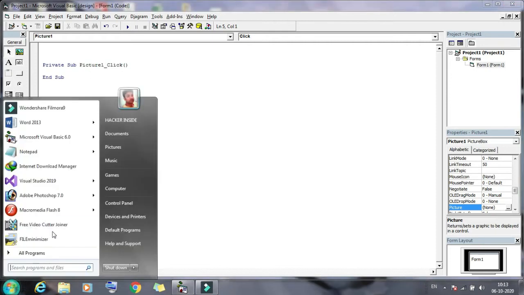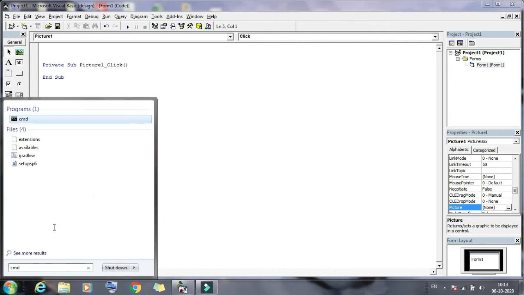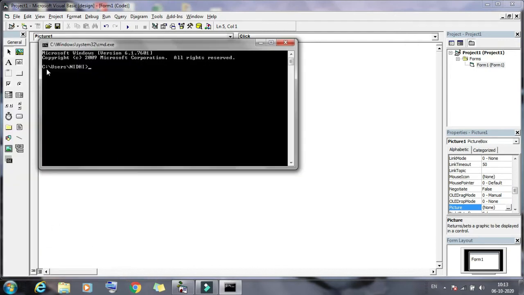First we will open the command prompt, cmd. Here this is the directory C, and this is the user, and this is the username. Then we will go to the desktop. How can we reach the desktop? Simply type cd and then press tab. Here all the folders will be displayed. Here is desktop, then press enter. Then we will search for the photo. So this is the address of the desktop.